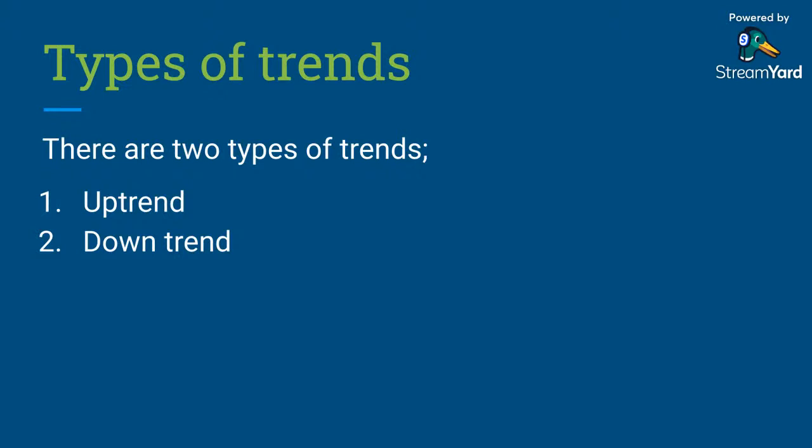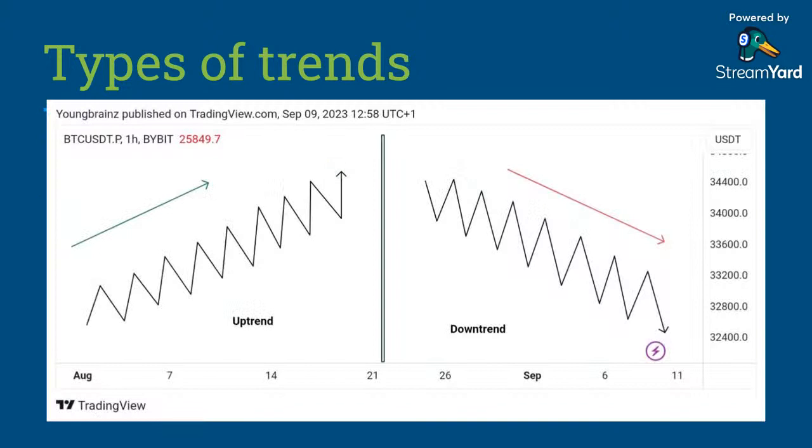All right, now we have two types of trend. We have basically the uptrend or the downtrend. This is exactly what I just said. When the market is moving upward, it's an uptrend. When the market is moving downward, it's a downtrend. Okay, these are easy things to understand, but don't worry. I'm trying to simplify the knowledge so you don't get scared of this particular concept. Right. So let us progress now.